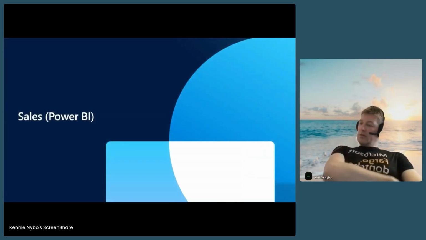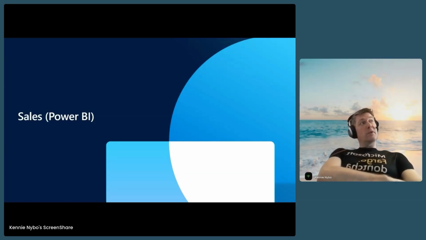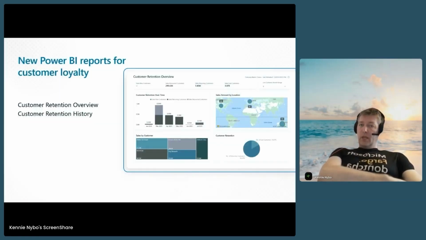All right, let's shift gears to sales. In this release wave, we have a quite powerful sales Power BI app that is free, meaning there's no license for it for Business Central. It's even open source. You would need a Power BI Pro license to use it, but apart from that, we're giving all of that IP away for free. And in this release wave, we added the last two reports